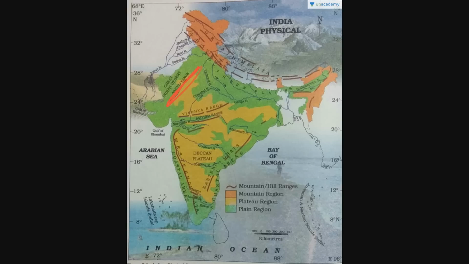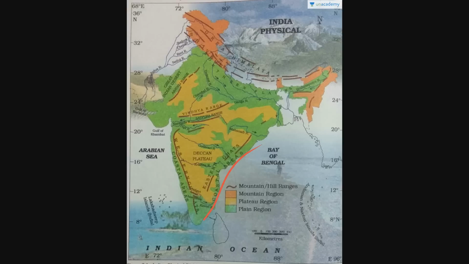And here it is the Great Indian Desert, then the Aravalli range here, one of the oldest ranges. Then we come to this plateau area. Here it is the Vindhya ranges, here is the Narmada river, here is the Satpura range, and here is this Deccan plateau, here is the Chota Nagpur plateau, here is the Malwa plateau. And see here, this is Western Ghat, this is Eastern Ghat. Then surrounding these ghats we have the western coastal plain and the eastern coastal plain.